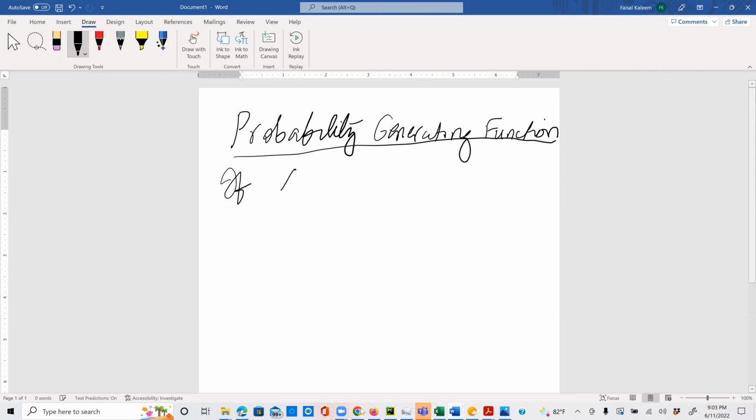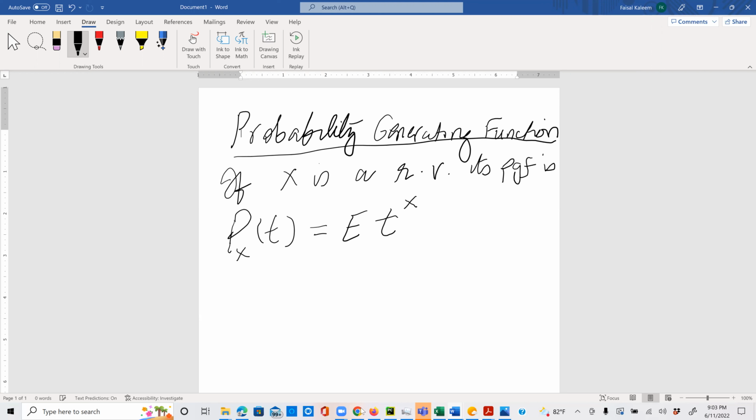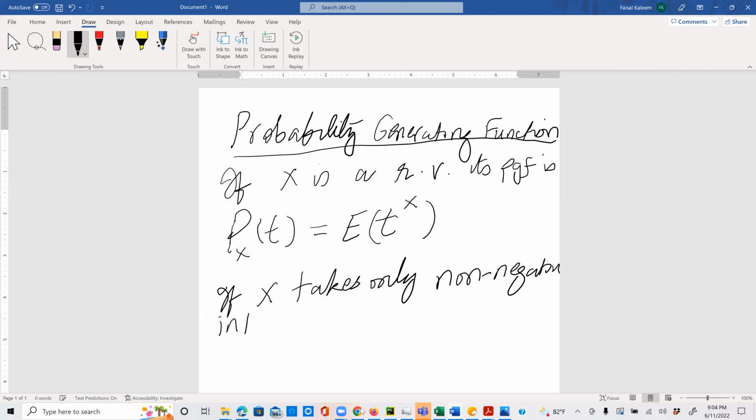So if X is a random variable, its PGF, let's denote it by capital P subscript X of t, is equal to the expected value of t to the power X. That's for any random variable, and if X takes only non-negative integer values, then